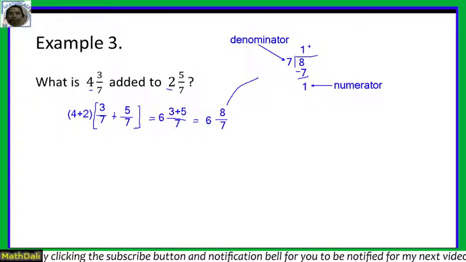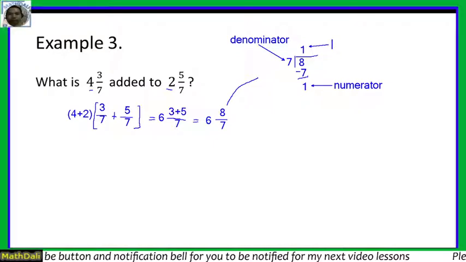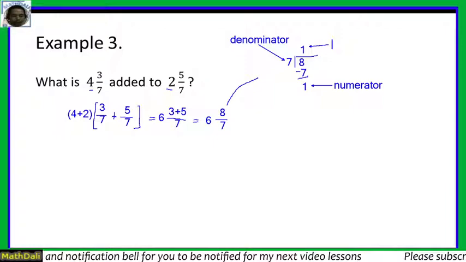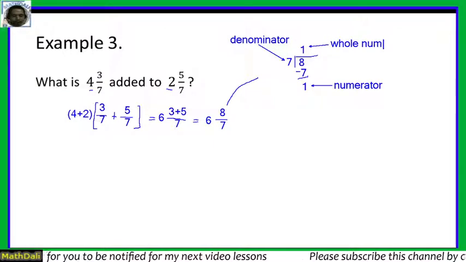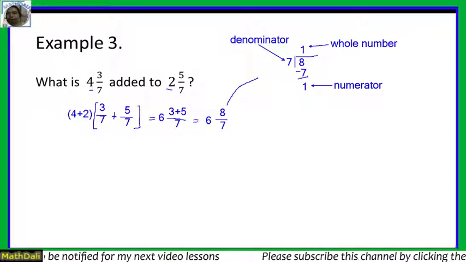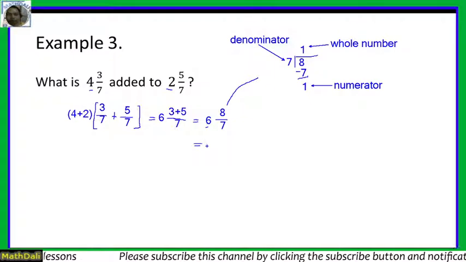Then, lastly, we have 1. Ito yung ating whole number na idadagdag dun sa 6. This is our whole number. So, since whole number yan, pwede nating idagdag yan sa 6. So, magiging sagot natin, it will be